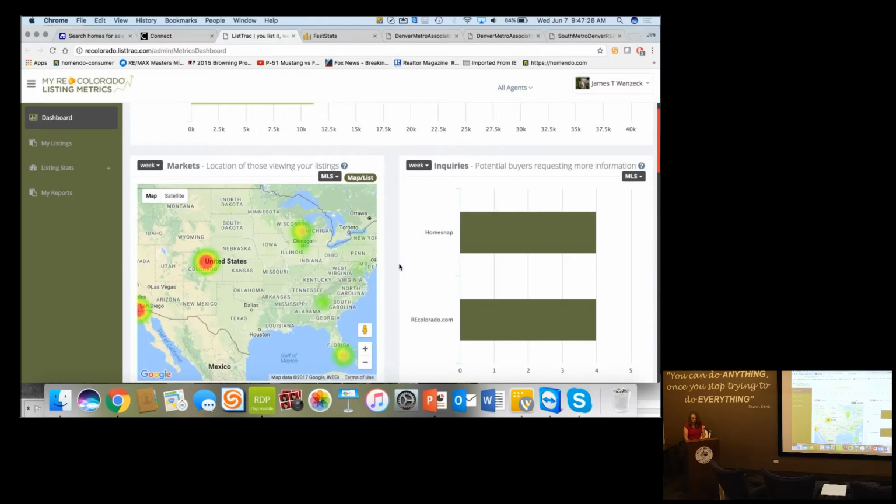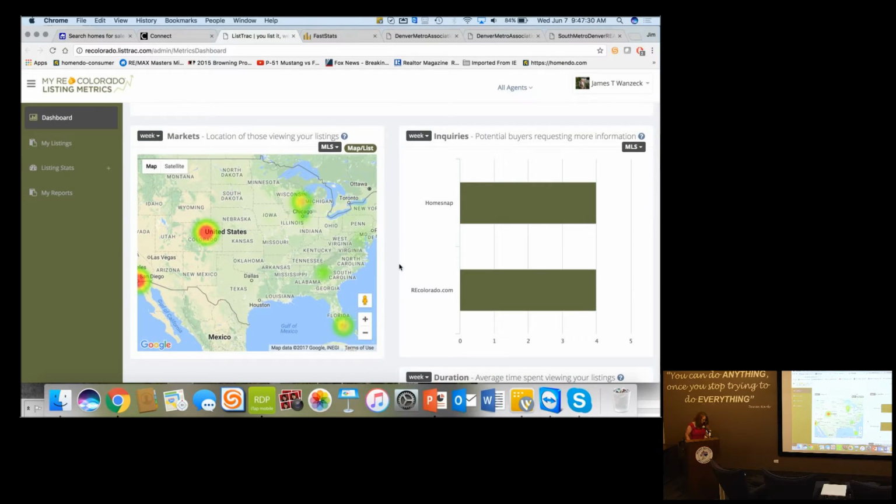As we look at this, don't get your heart set on this heat map, because the heat map isn't coming with us to the new product. But what this is telling me right now is where in the country agents are going to recolorado.com and HomeSnap to look at Jim's listings. Clearly we have a concentration here, but you'll notice over here in Southern California and the Chicago area, we have some